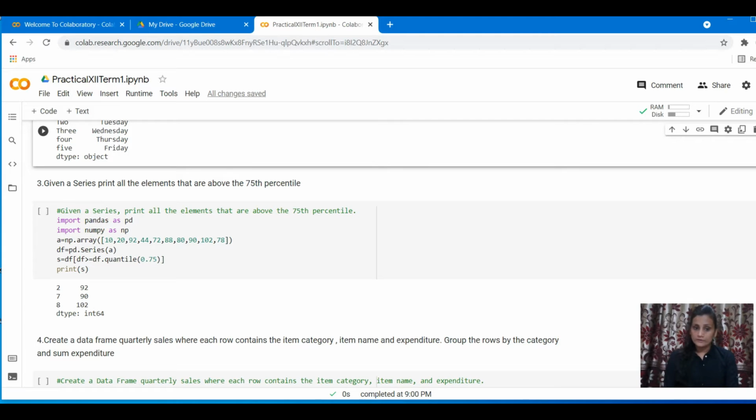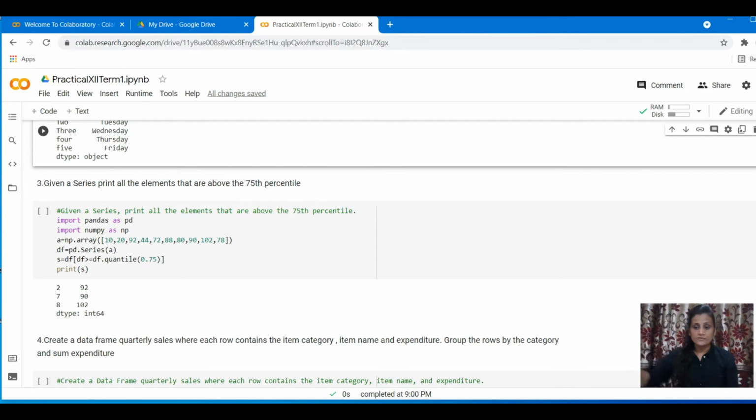Similarly, the example is: suppose you have values ranging from 10 to 500, with random values in between. Now you want to find out how many values come in the first 25% of the value range, then 25 to 50, then 50 to 75, and 75 to 100.